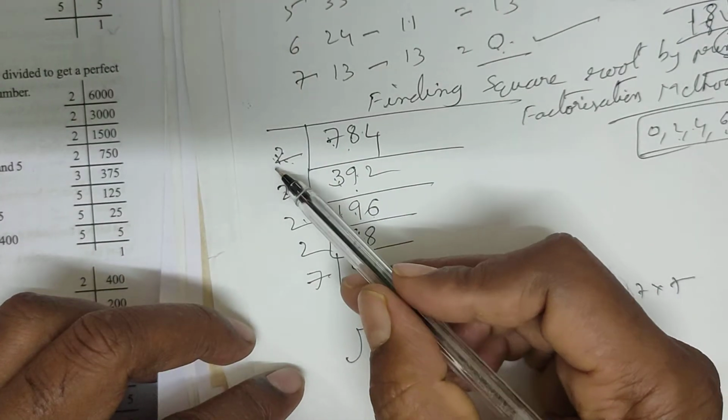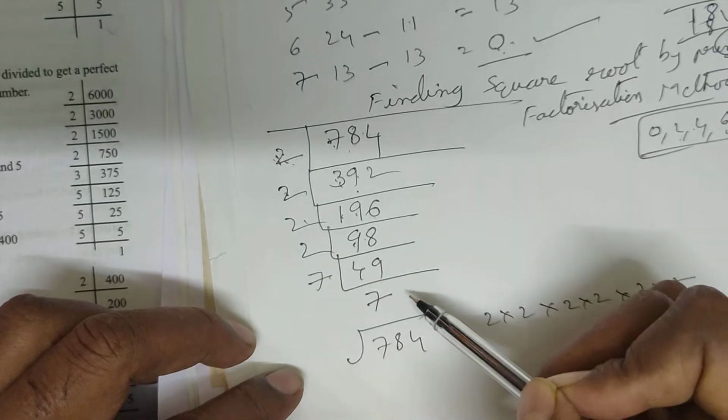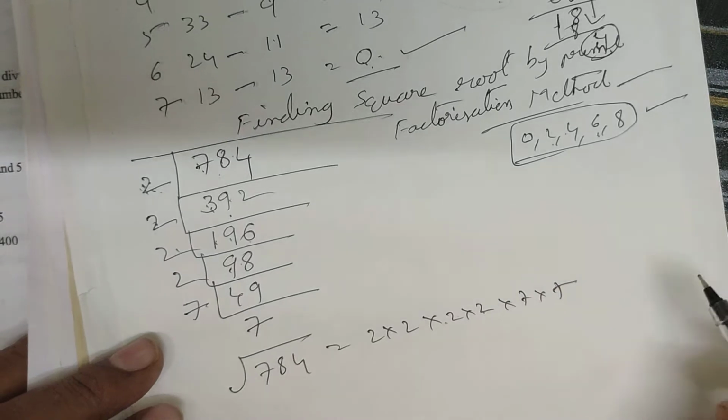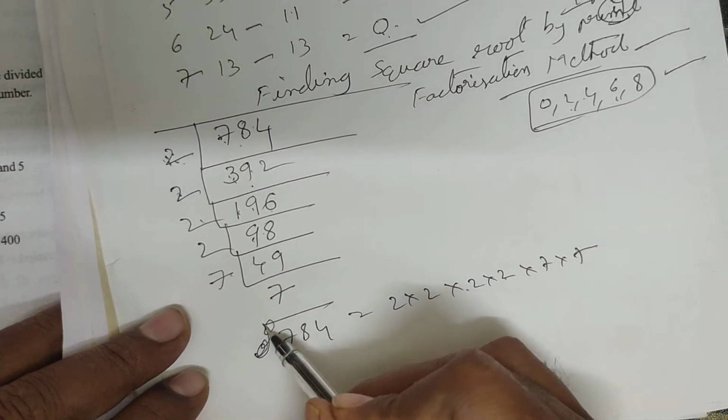So in this entire number I have written 1, 2, 3, 4, 5, 6. 1, 2, 3, 4. 4 2's are there and 2 7's are there. So square root of 784 means